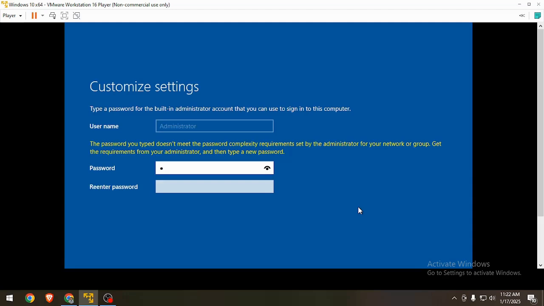Okay, let's just try another since it requires a much more complex password. Email address.